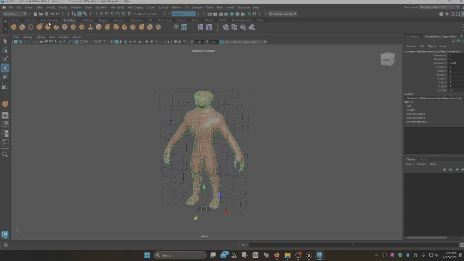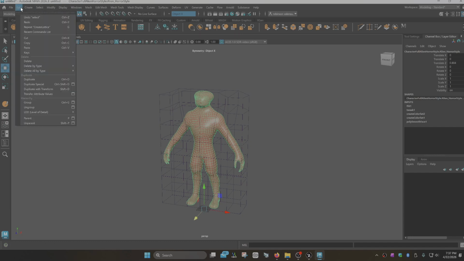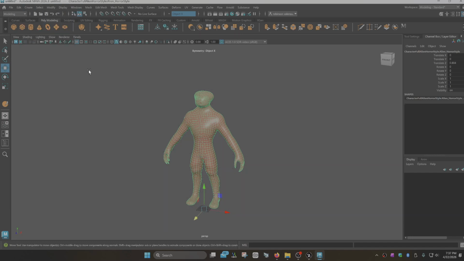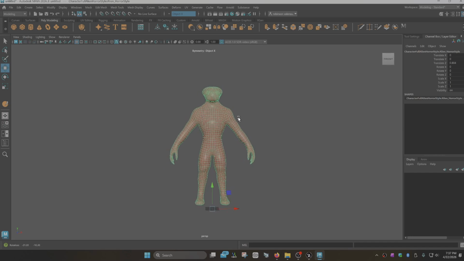So we do have a shortcut right here under the poly modeling shelf. You delete the history here. If you don't see that, go to edit, delete all by type, history. Now the lattice is gone. The character is like this forever. It will not change. So once you have it how you want it to look, you can upload it